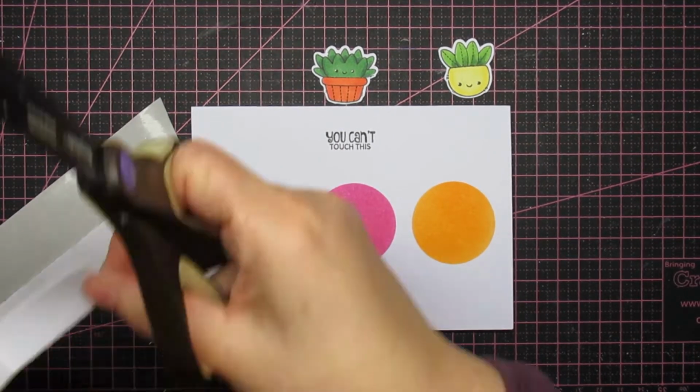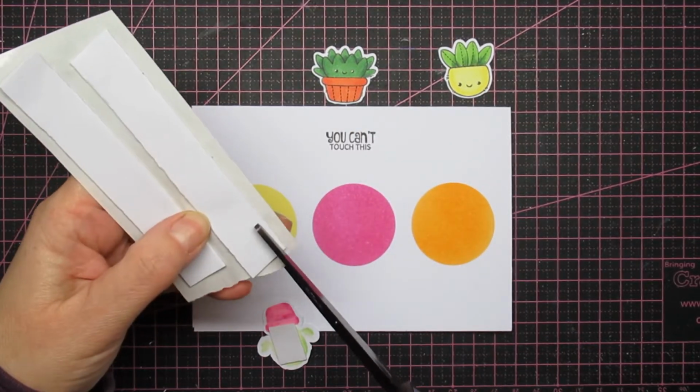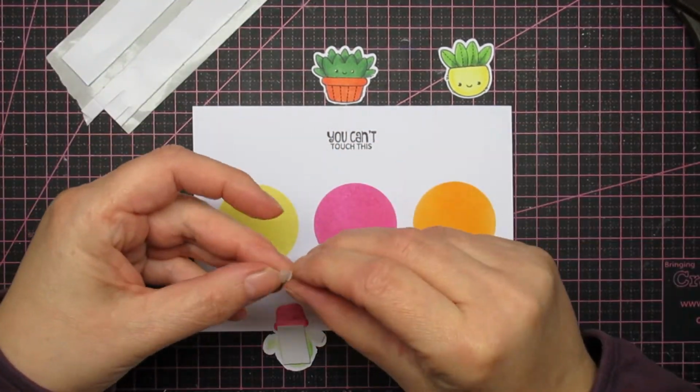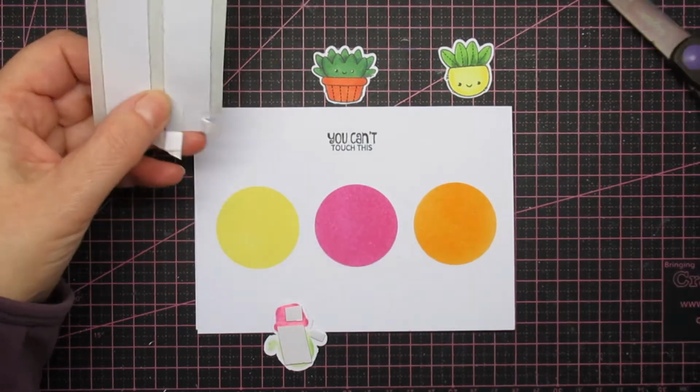And I'm mounting them with foam tape. That seems to be the theme this month, or the verb. I'm foam taping him. No. Well, anyway,